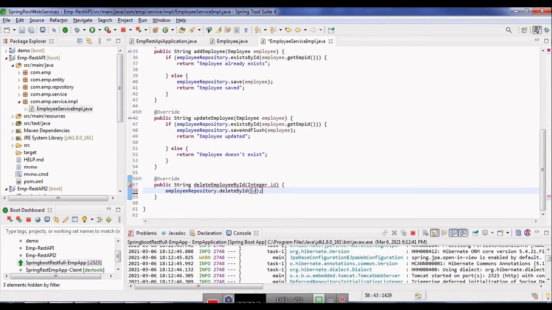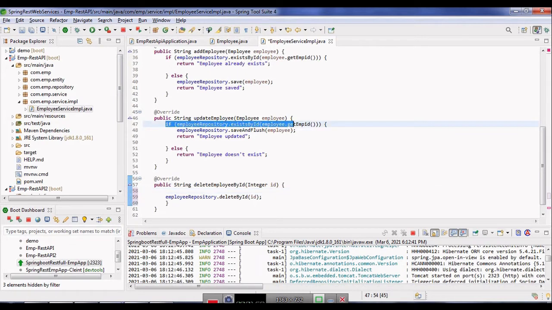I can directly use this to delete, but in case we want to check if it is existing or not, and only if existing then we will delete. Okay, so in that case I am going to use my if condition again here. This is like by ID.